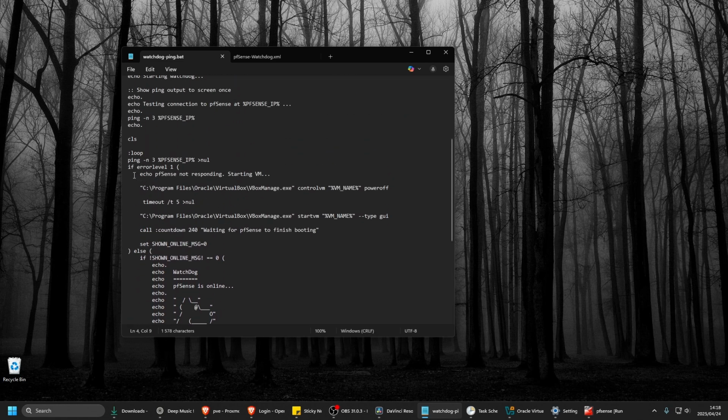So it will go into the if statement. If error level 1, that means there's no response: pfSense not responding, start the VM. It uses the VirtualBox manager through a command, and the command is controlvm. This will power it off. If it's still hanging around frozen, we'll kill it, wait 5 seconds, and then start it up again with startvm with the GUI. You can make it headless and not see anything, and it will run in the background, but I want to see this